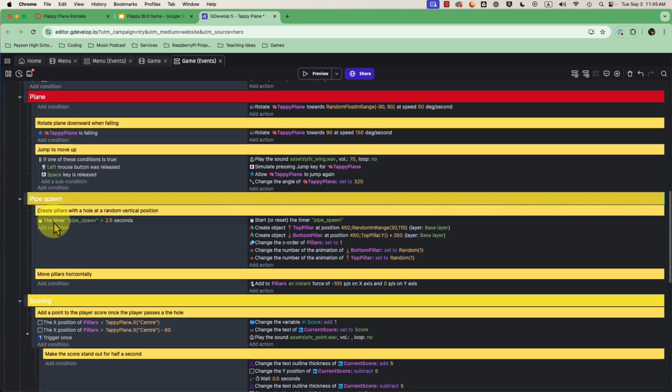Okay, so here we've got a timer, pipe spawn, and every 2.5 seconds it is creating a new set of pipes. So it'll create a top one and a bottom one, and it sets the Z order to 1, and it will change the animation of both of them to random. We'll get to that later, but so let's say,